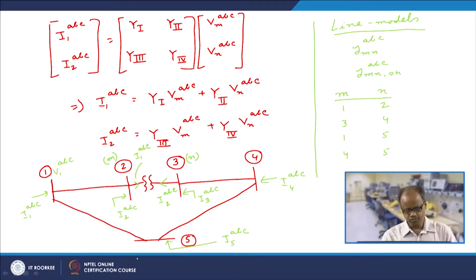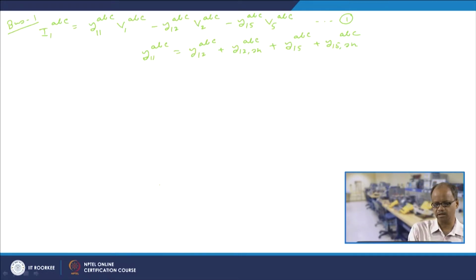So, as far as this transformer model is concerned, it will be looking like this,